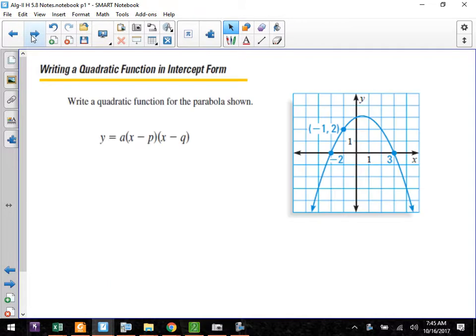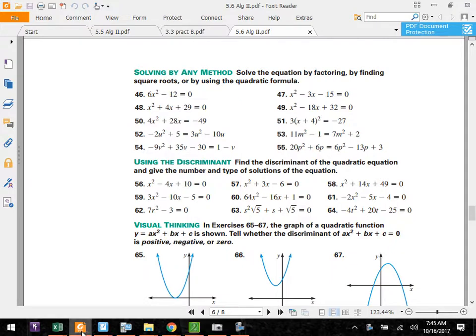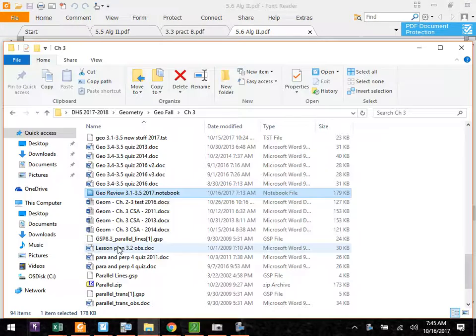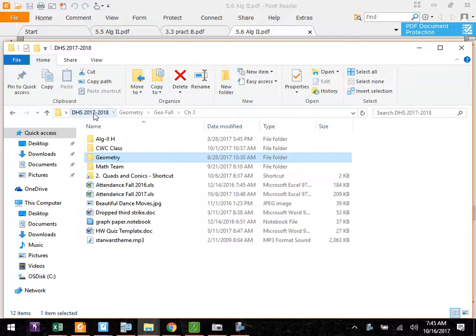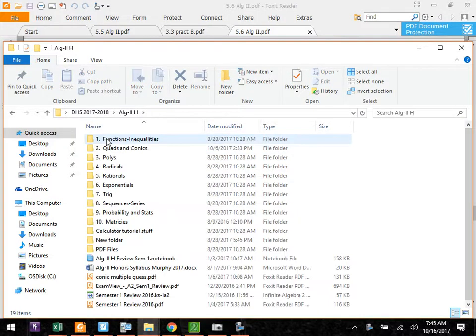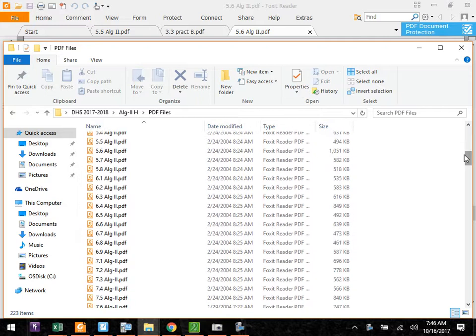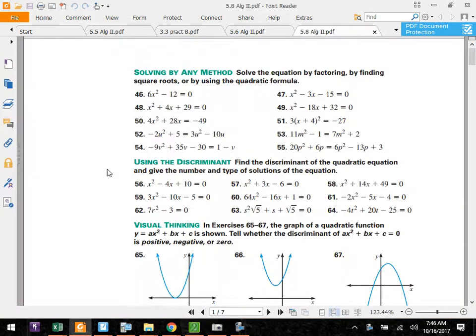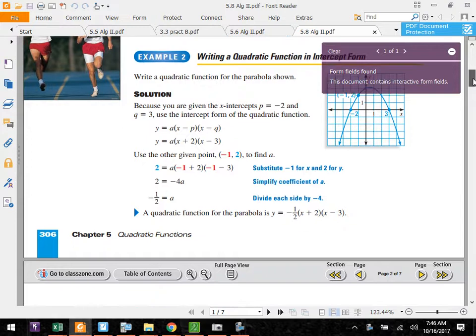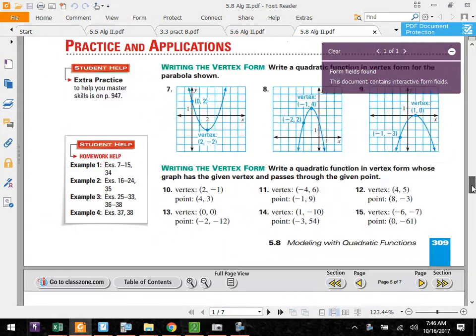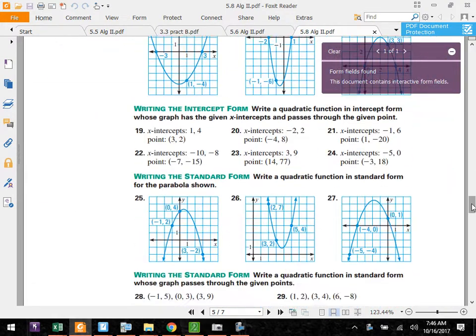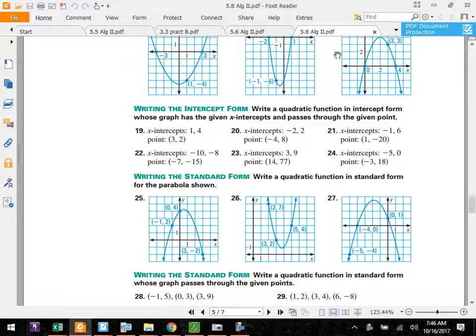You had that intercept form. Well, actually, let's pull this up. No, this is 5. So I'm pretty sure the other ones that I gave you were the 19 through 24, right? So just for